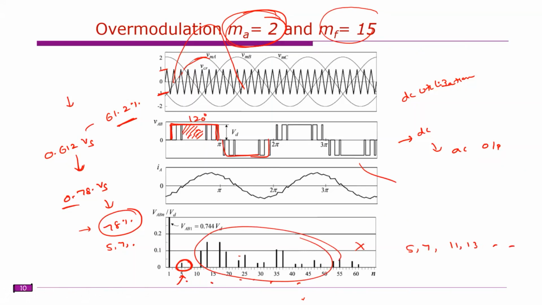So that is a complete quasi square wave operation. Clear? Yes, sir. So instead of going to overmodulation,